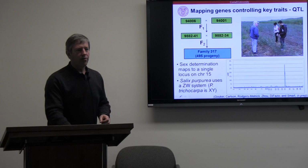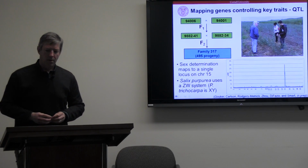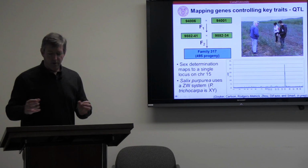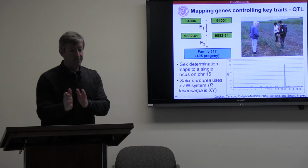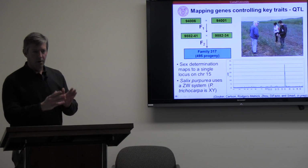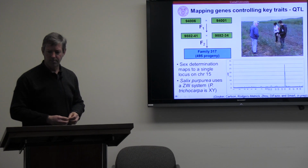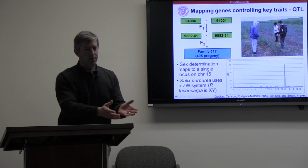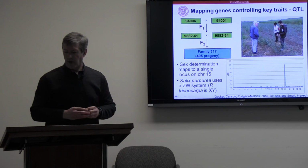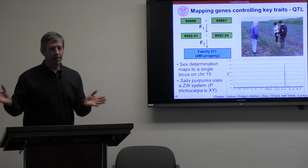Okay, the next step is to use that genetic map, those GBS markers, and the genome sequence to develop mapping populations so that we can relate phenotype to genotype, so that we can start to work towards marker-assisted selection. And we are using the complementary approaches of both QTL mapping using biparental populations and association mapping using a diverse